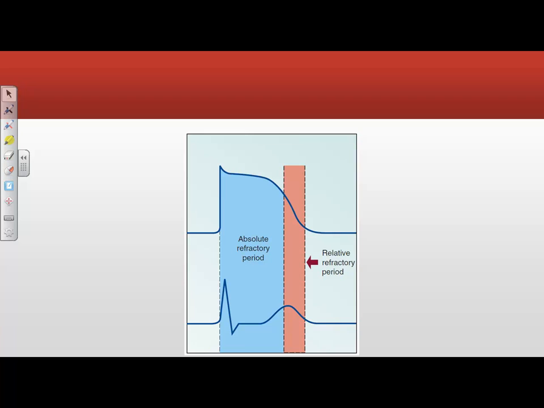Then you have the relative refractory period. This is down to about the last third of the decline phase, phase 3, until we get to the point where it's ready to recharge again. The relative refractory period means that it can be acted on by an outside influence. But if it is acted on, it is not completely back to its resting state, so it's not going to be able to give its full